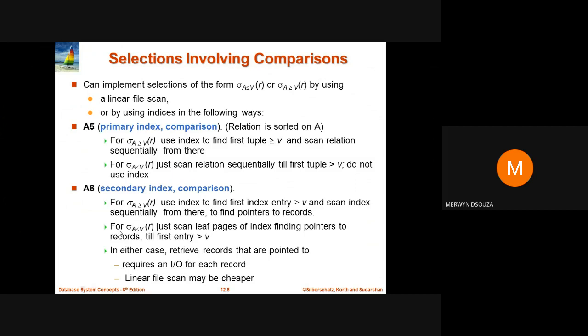For the second type of selections, where A is less than or equal to v, we will just scan the leaf pages of the index to find the pointers to the records till the first entry is greater than v. In both cases, we will retrieve the records that are pointed to, requiring an IO, input and output, for each record, or use the linear file scan, which may turn out to be cheaper.